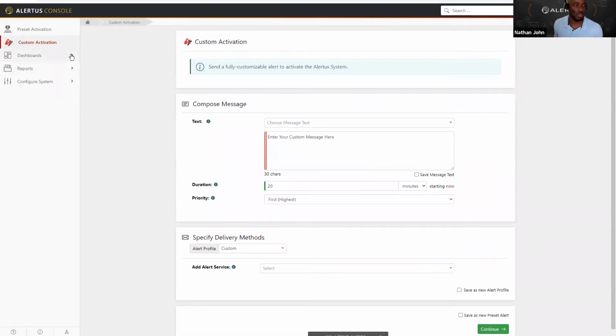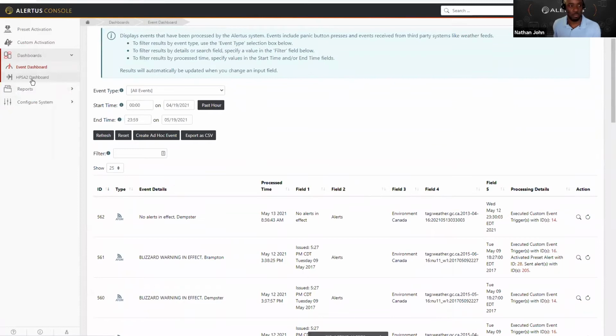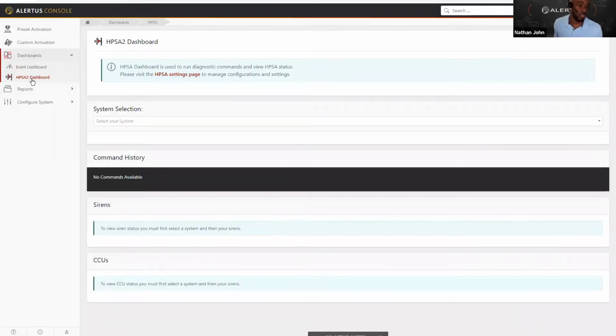Let's go to dashboards. So if I click on my dashboards, you can see that we now have the event dashboard in our dashboard setting. This has been moved from reports. It's not exactly a report. A dashboard is something where you could make changes in real time and change the way your system behaves. So we can click into it, and this behavior is also all very familiar. HPSA 2 dashboard. I don't have an HPSA 2 hooked up to my home lab, so we won't have anything populated here, but